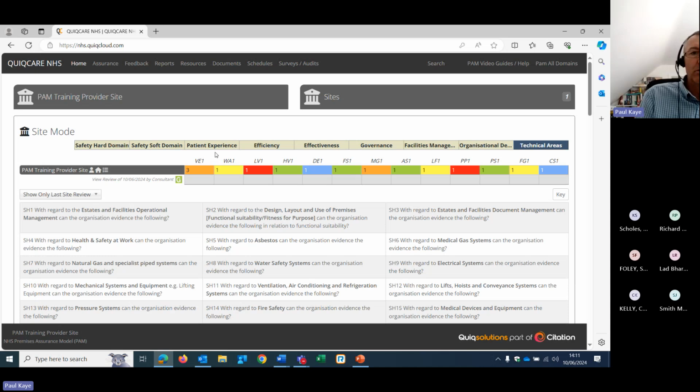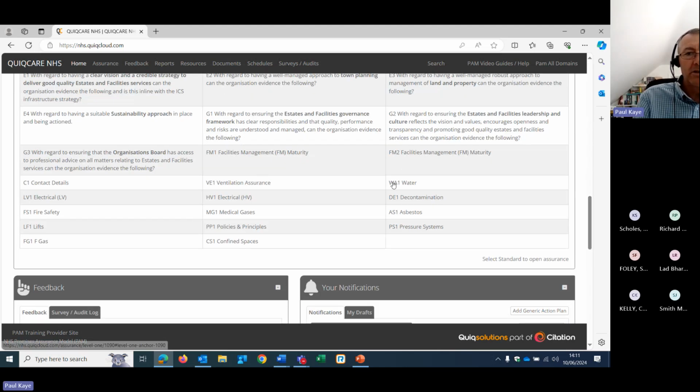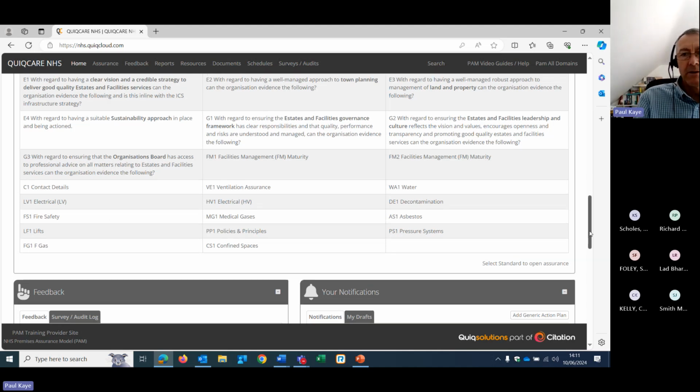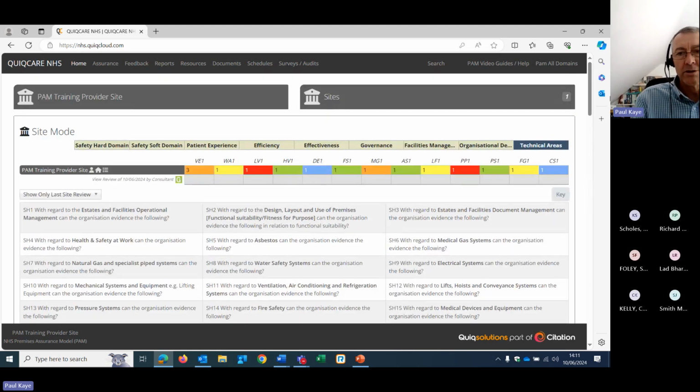And these dashboards reflect how much evidence there is, and the key shows me that these areas that it's covering are ventilation, water, LV, HV, electrical, decon, etc. So it's giving me a high-level view on this example across those technical areas.